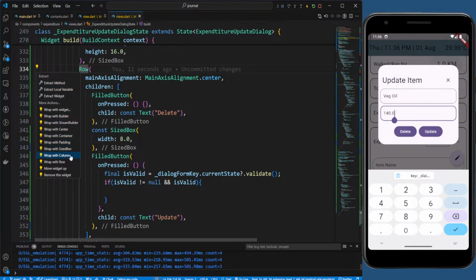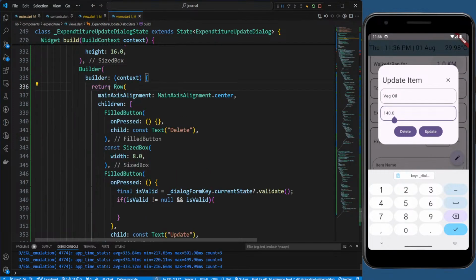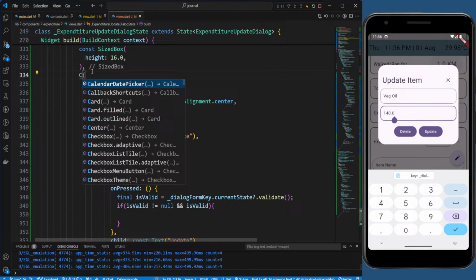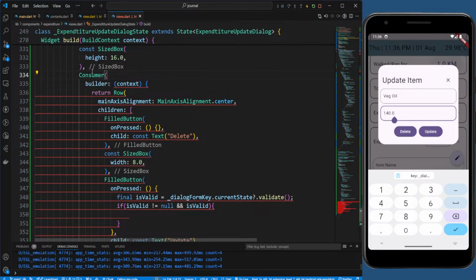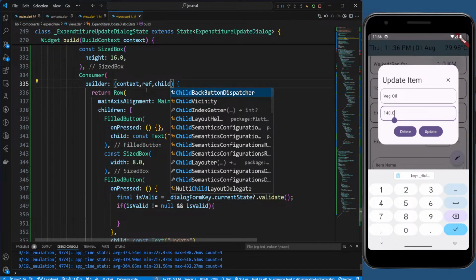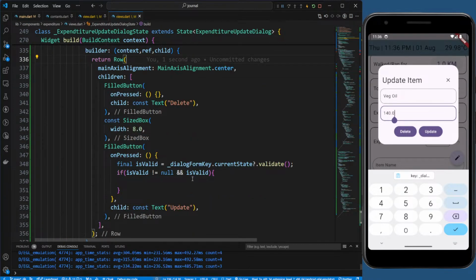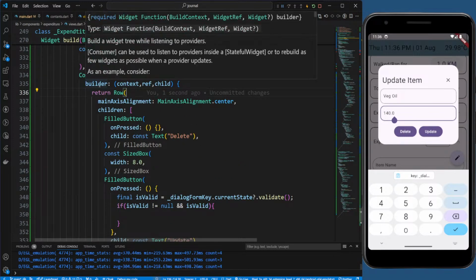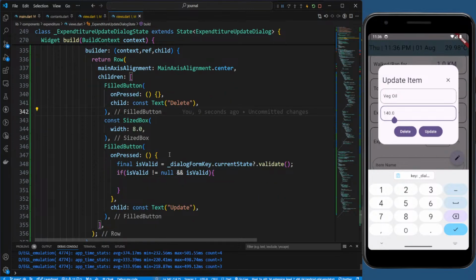Wrap with builder, make this consumer, with context, ref, child. Okay, now we have access to the reference. If you see the builder, you get the build context, widget reference, and the widget. Now we'll get access to ref, so we'll do ref.read